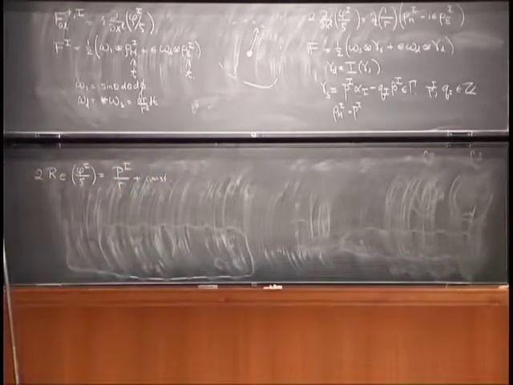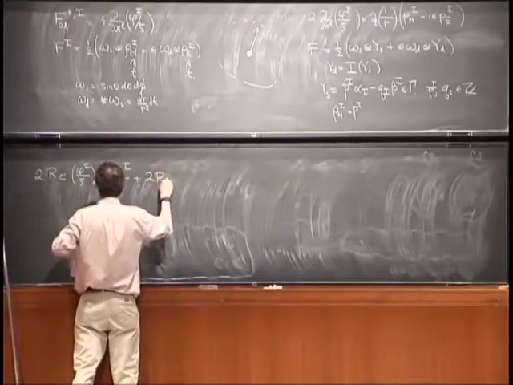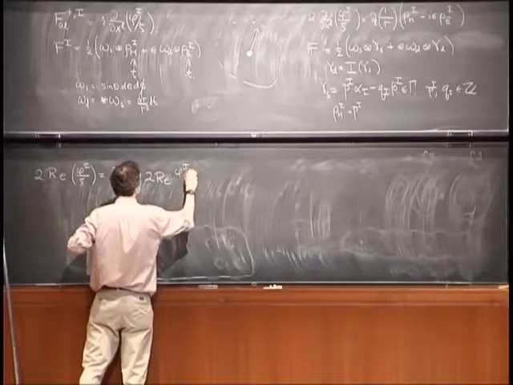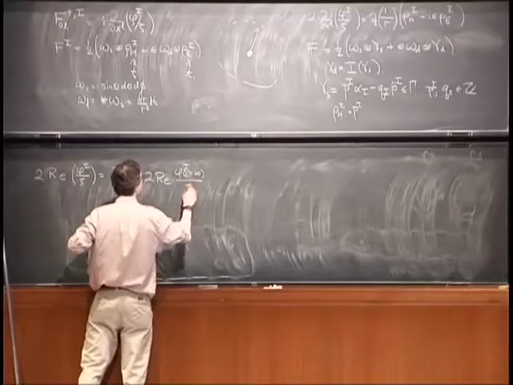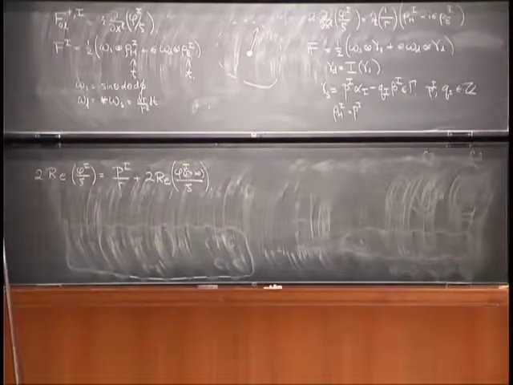And what's the constant? Well, the constant is clearly the value of phi at infinity, at r equals infinity. Okay? So that's partially the solution of this